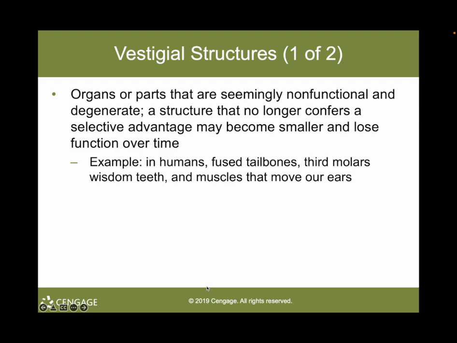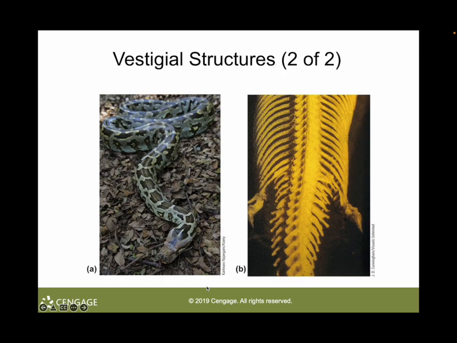In the human body, more than 100 structures are considered vestigial, including the coccyx, our fused tailbones, third molars, you know, your wisdom teeth, and the muscles that move our ears. There you have it. So next up,